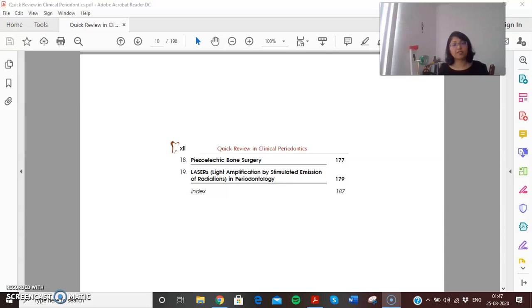I've tried my best to concise the relevant matter, which you would find useful if it's your viva, or if you have a clinical exam, and also you can use the same information when you are writing something. Also, whatever information I have taken from different books, I've mentioned the books. If you want to read more, you'll exactly know which book to look at, and you can find that information for more in-depth understanding. Again, I have to emphasize it's not a clinical